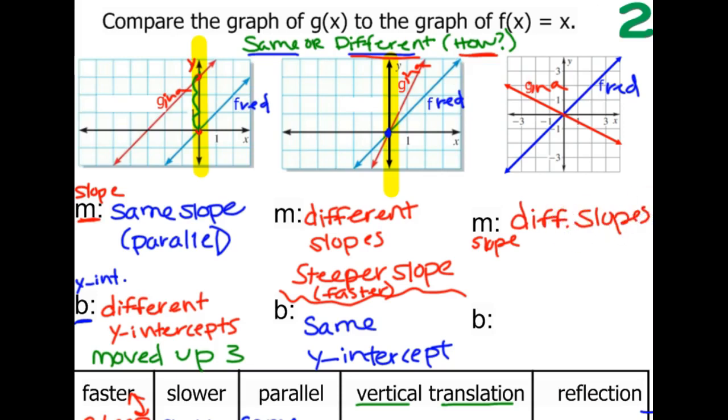I shortened the word different to D-I-F-F. And if it's different, you can tell me how. Well, Gina's hill is a flatter hill, or a flatter slope, or you could put slower slope. And then we also need to compare B, or our y-intercepts. So first,